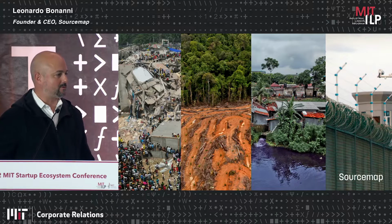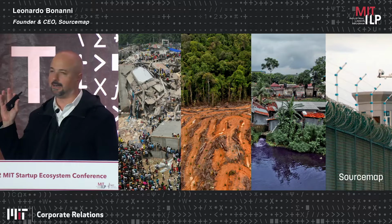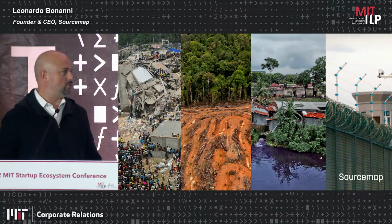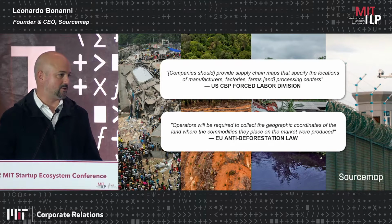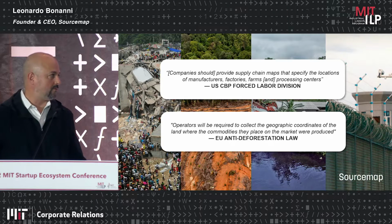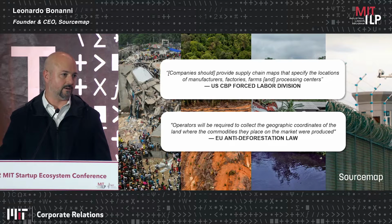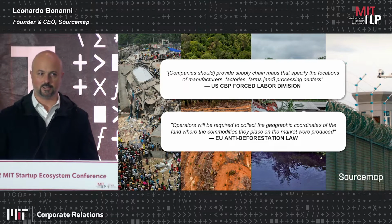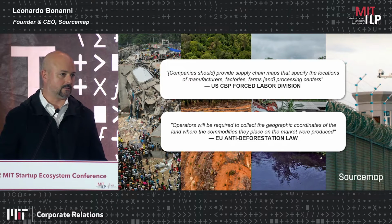Why do companies want to map their supply chains and know where things come from? Well, if you have issues, standards, goals around how workers are treated, how the environment is treated, how communities thrive, those are reasons, but there are also some new reasons that emerged in 2021, which is namely if you want to import your goods into the US from 55 different countries, or if you want to comply with the coming new EU Green Deal. All of these laws that have just come onto the books have, in fact, required supply chain mapping down to the raw materials as part of the condition for being able to import dozens of different